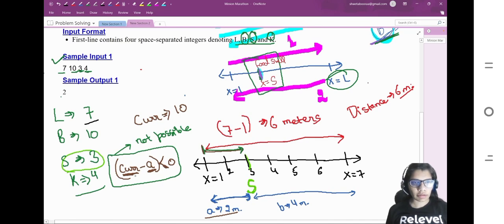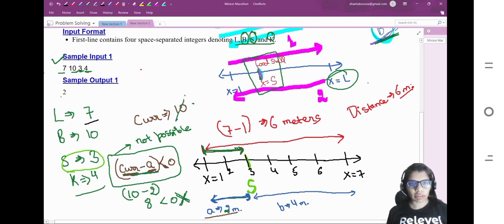In our case, our current number of calories is 10, where A, the distance to your food stall, is 2. So we can just do 10 minus 2, which gives us the value 8, which is not smaller than 0, right? That means it is possible for us to reach the food stall. After reaching the food stall, what would be our current calories? As we have covered this distance A, our current calories would become current minus A,